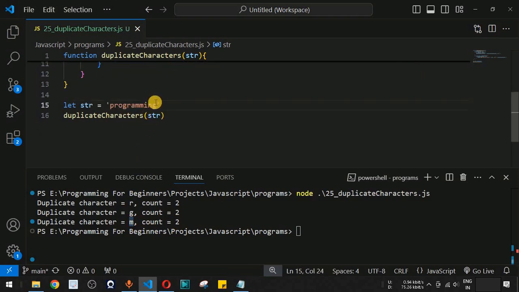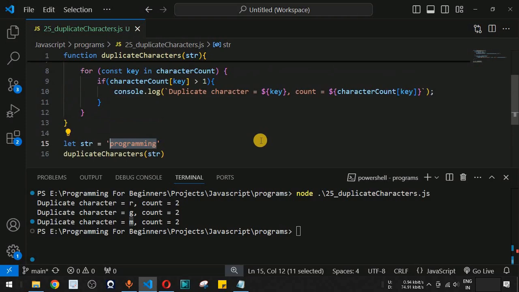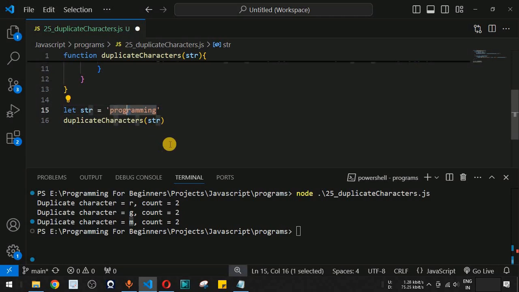Now guys, remember that these are only the lowercase characters. When we compare the uppercase and the lowercase character, they are not going to be the same letter. So let us say we provide this particular r as capital R in this case, and as you can see, this is a small r and we have the uppercase letter R over here. So this time the count will be 1 for both of those letters, and we will not get the duplicate character r when we run this code.